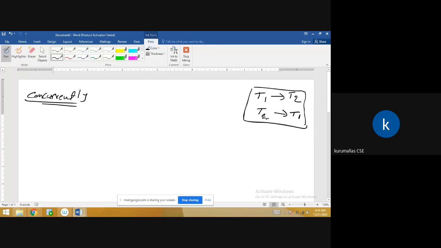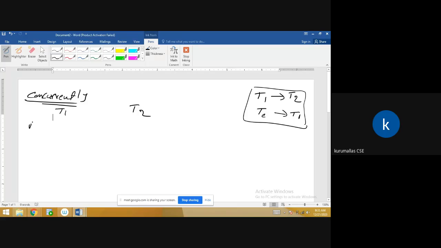When we are going to execute in concurrent fashion, we have two accounts. Suresh account is there, Raja account is there. So here in Suresh account, we are decrementing 200 rupees and adding 200 rupees to the Raja account. In transaction T2, 20 percent of the balance of Suresh account is reduced and added to the Raja account. Now the same example in concurrent fashion, if you take T1 and T2,